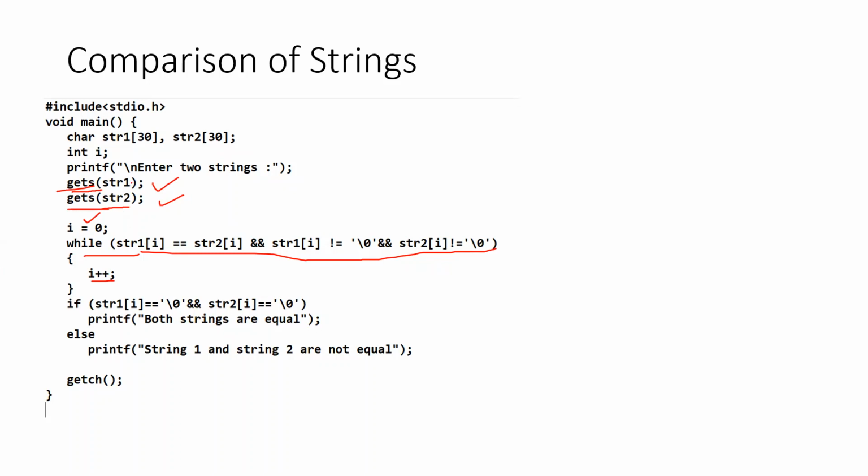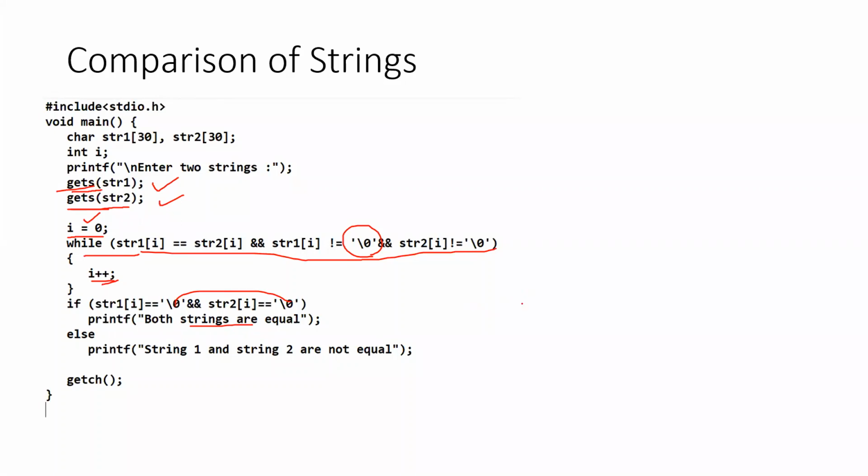So you will be accepting the two strings, and then when i equal to 0, the same statements which we had executed in the previous slide. I had explained: if str1 of i is equal to str2 of i, that is, the first character is matching, and none of the characters are equal to the null character, then increment i. If str1 of i is equal to null character, you came out of the while loop because of two null characters in the two strings, then we have reached the end of the string.